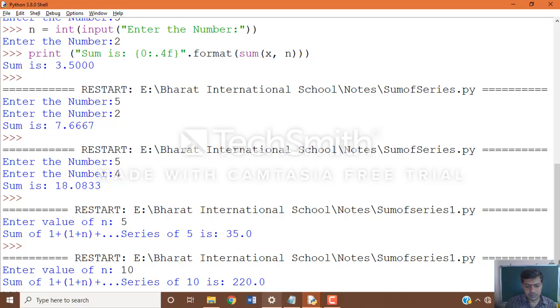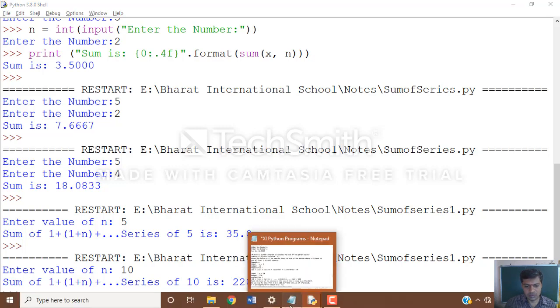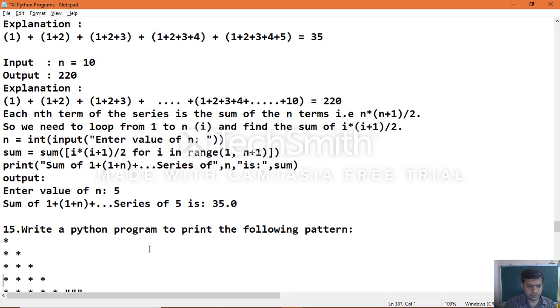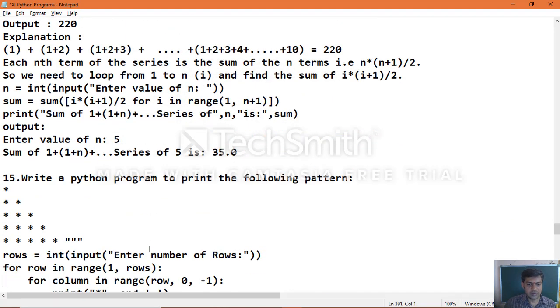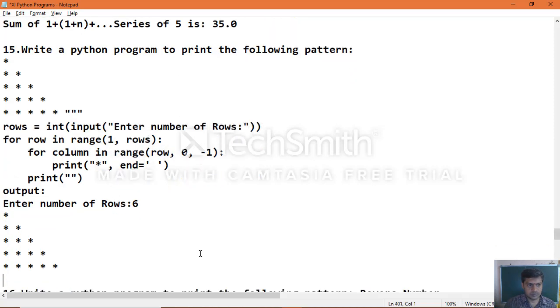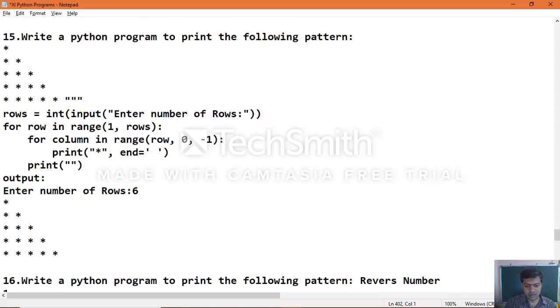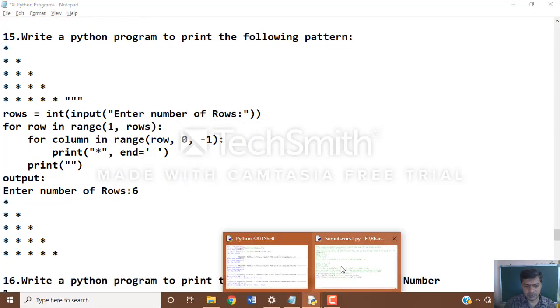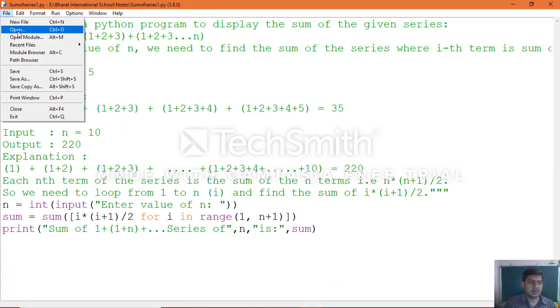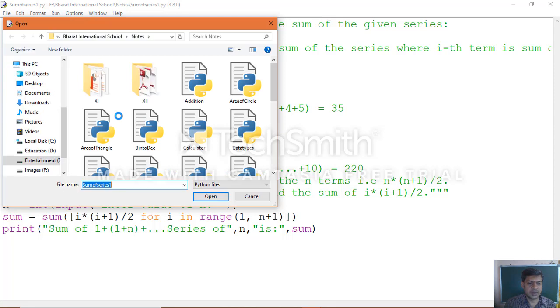Okay, now another program is printing the pattern. Printing the pattern program. Let's go, write a file, pattern program.